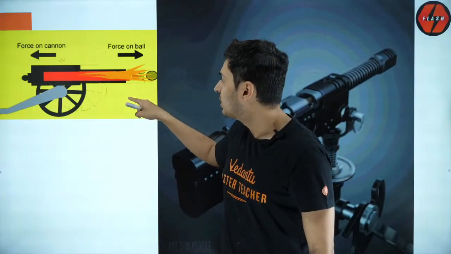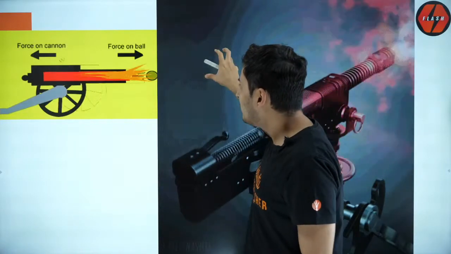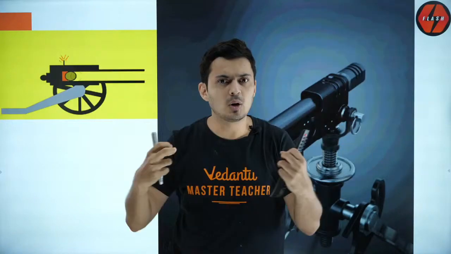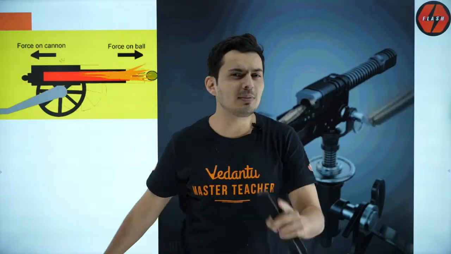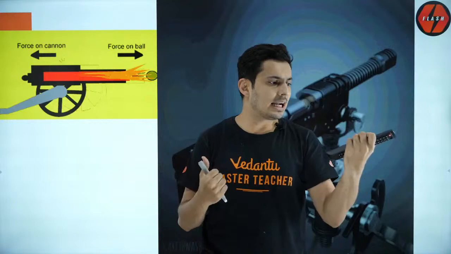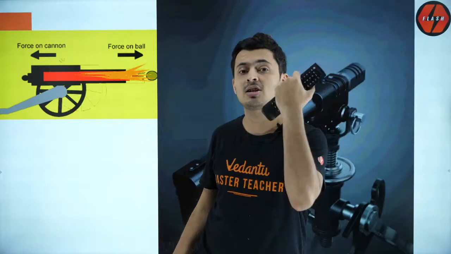Now, think about it. In this problem, isn't the ball and the cannon both getting kinetic energy? Think about it. The ball also got kinetic energy and the cannon also got kinetic energy. Do you think these kinetic energies will cancel and the total kinetic energy will be 0? What do you think? Will the kinetic energy of the bullet and the cannon cancel out each other? Yes or no? What do you think, guys?